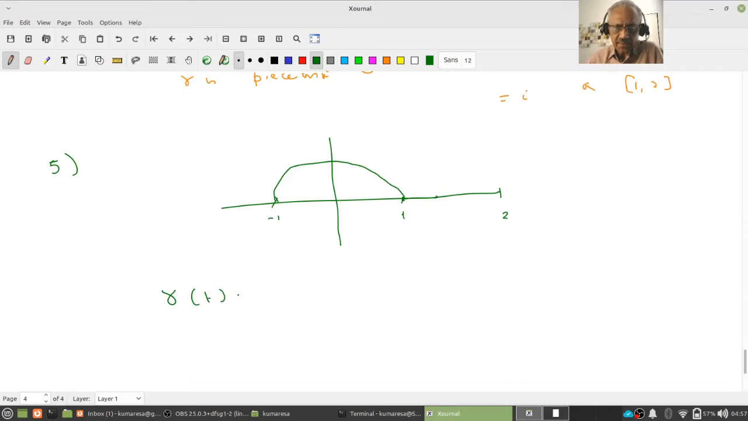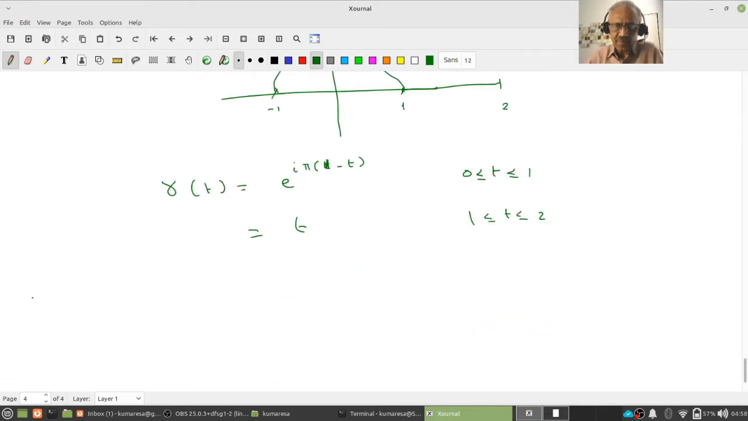So gamma t. Remember, it's pi, therefore e power i pi, and this may be t, or maybe I should write 1 minus t. When t equal to 0, I get i pi, therefore it will be minus, and when t equal to half, I get half, therefore i pi by 2. When t equal to 1, it will be 0, therefore 1 minus t, for 0 less than or equal to t less than or equal to 1. And after this it is just t for 1 less than or equal to t less than or equal to 2. Again you can check gamma at